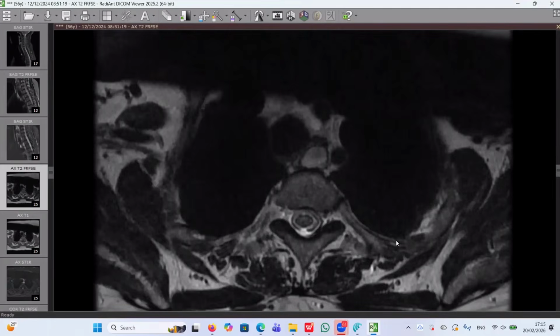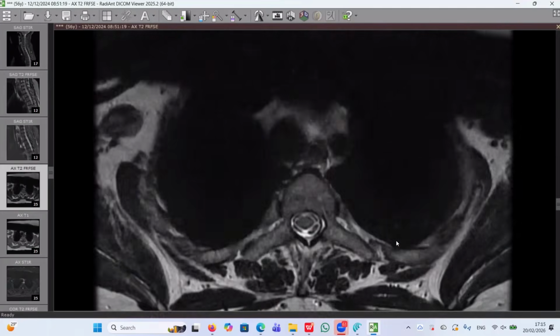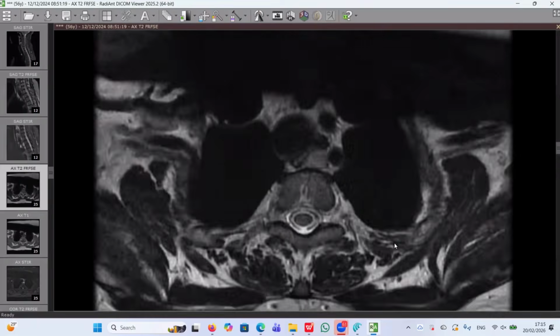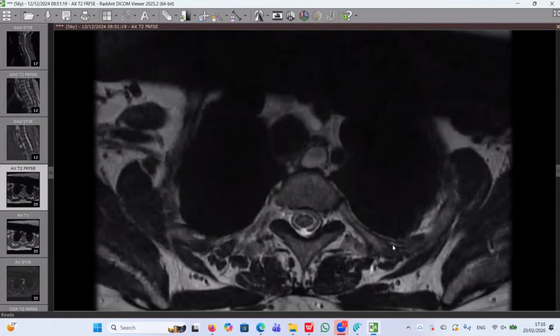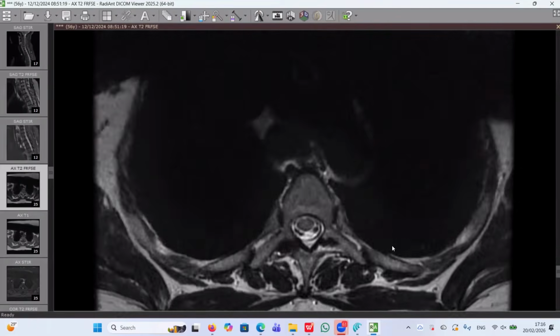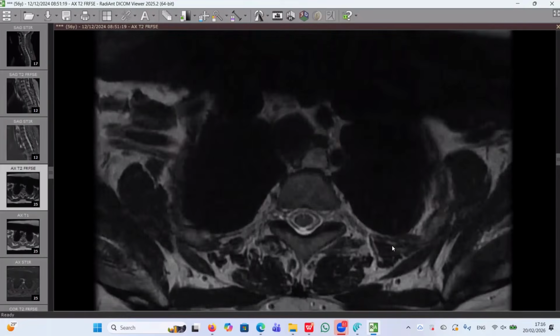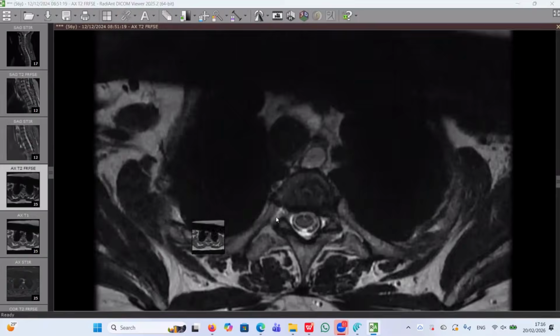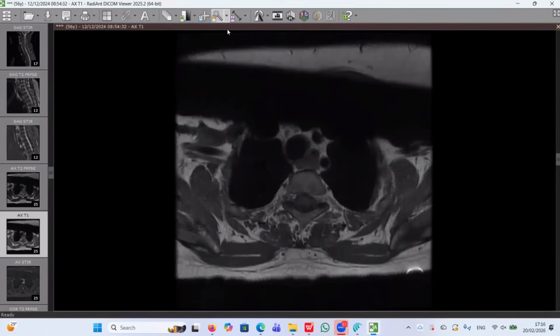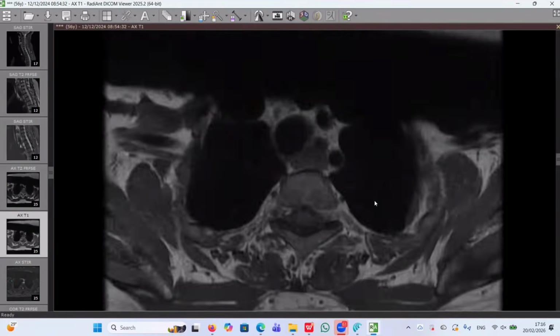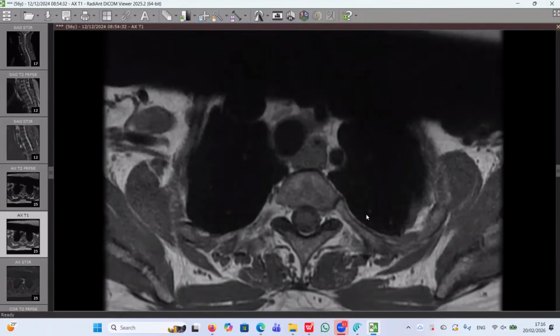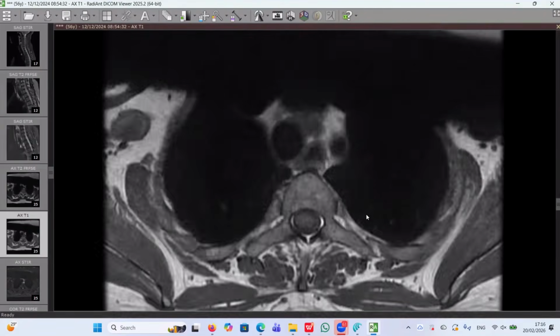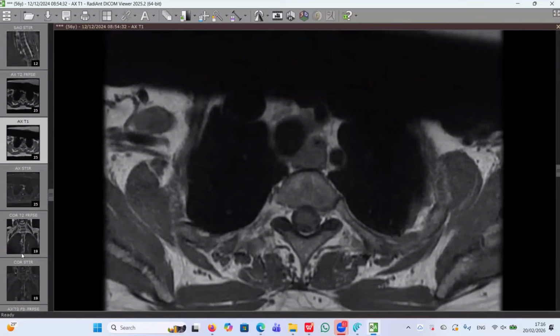Sir, it is located behind the esophagus. Very nice. It is causing compression over it. And it is well separable from the aortic arch and descending thoracic aorta. Perfect. I will show you the whole sequences. This is the axial T1. The lesion is well defined, bright on the T2 star and iso on the T1. If the post contrast is available,